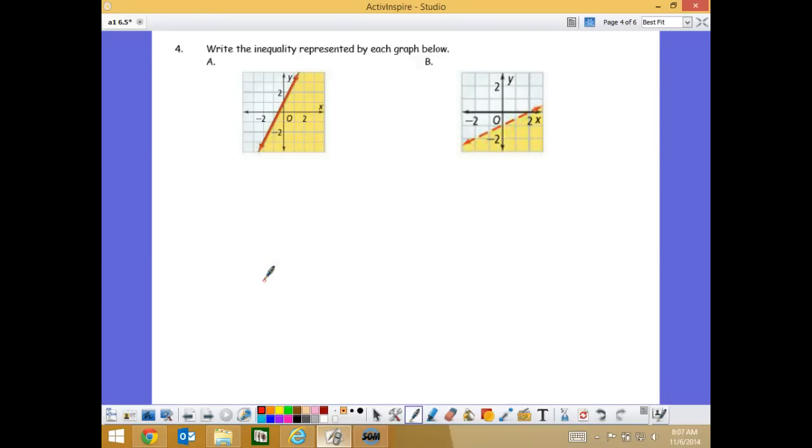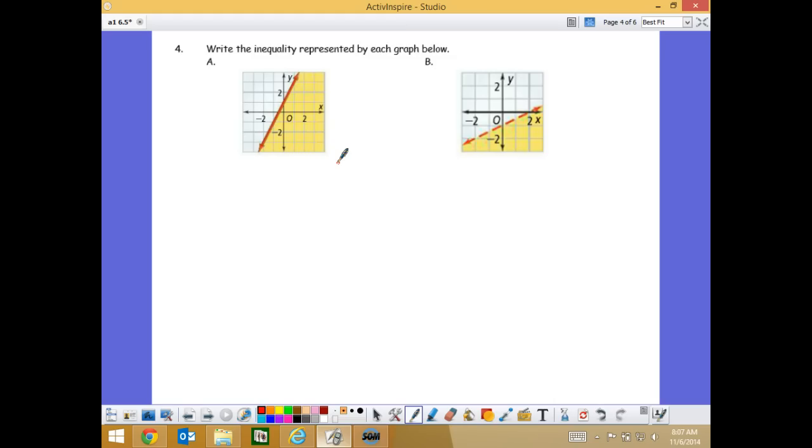In this video, we're going to go backwards from the video we just looked at, and we're going to take a graph and write the linear inequality for the graph. And on this one, it's pretty easy to see which side is shaded. I'm not 100% sure how that came through on the worksheets. So if you want to just take a moment to shade in which side we're looking at,